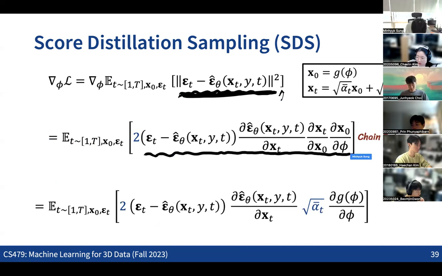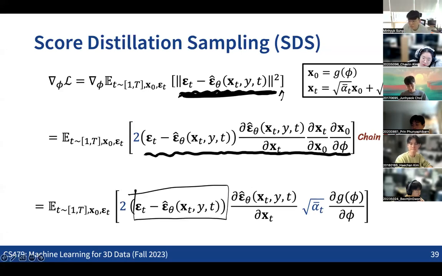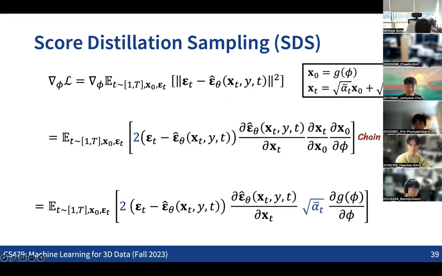So what is the meaning of each of the terms? What's the meaning of the first term here? Here the epsilon t is the amount of the noise that we added, and this one is the noise prediction network.